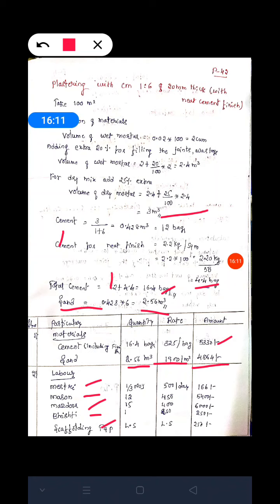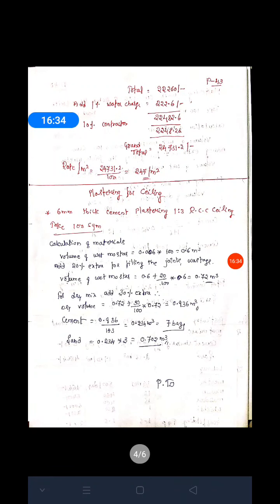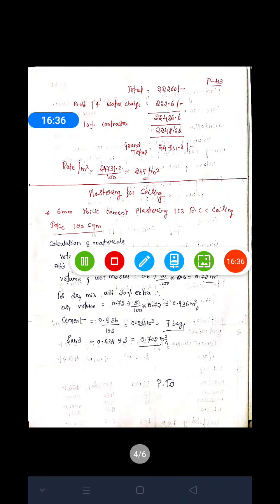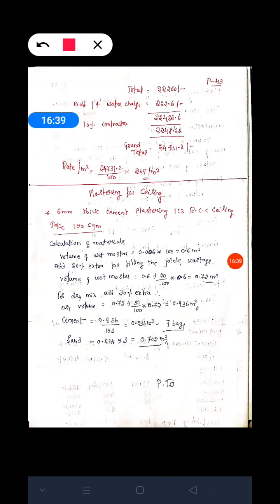Cost, as we know, Mestri may get around 500 per day, and Mason you may get around 450 rupees per day, and Mazdoor you may get around 400 rupees per day, and Bisti you may get around 250, and the lump sum is around 250. Then after multiplying the quantity into rate, we got the cost of the labors, and this is the cost of material and this is the cost of the labors. Then after adding those two, we got the total amount of around